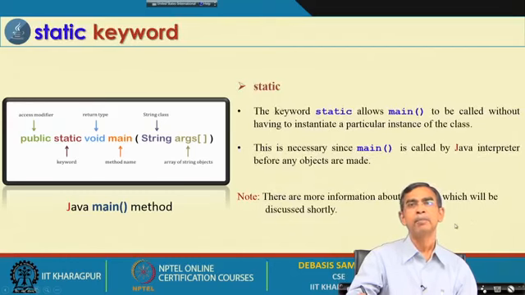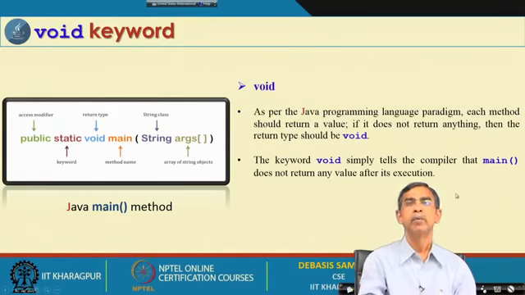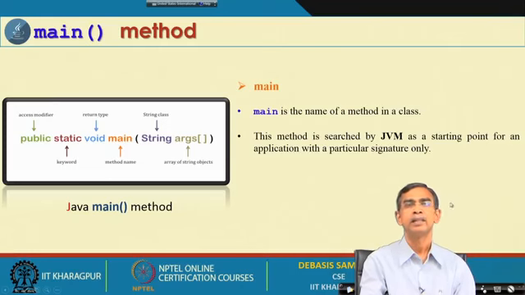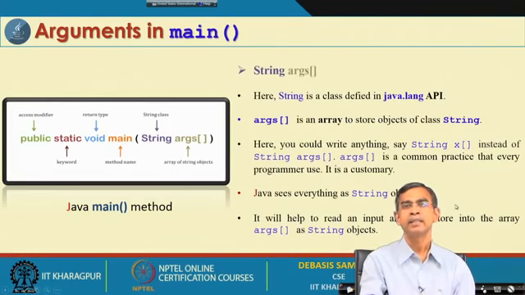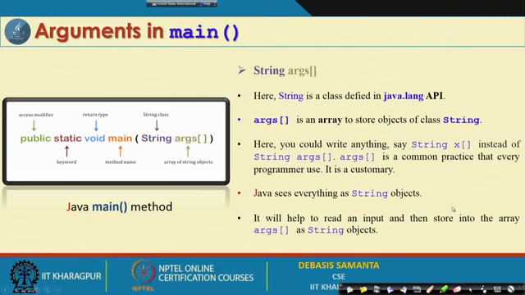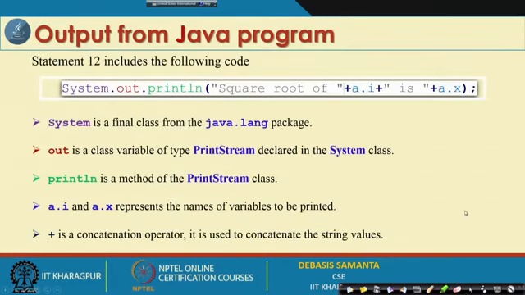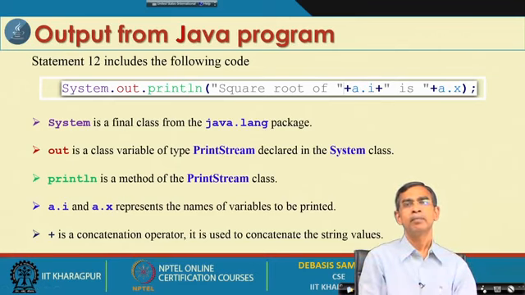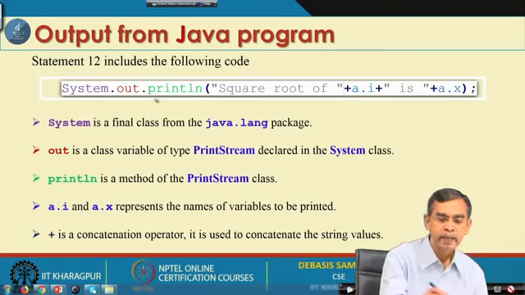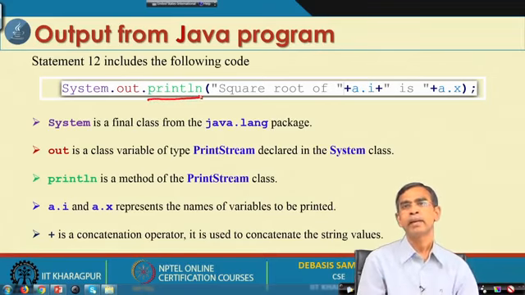Okay, so we have declared public, static, and then void, and then the main method, this one, right. And then String args is basically passing input to its argument in a different way. Now, output: we see in the program that output from a program is usually displayed on the screen. If you want to display some output on the screen, then we use one method. This method is called the println method, or its many variations.